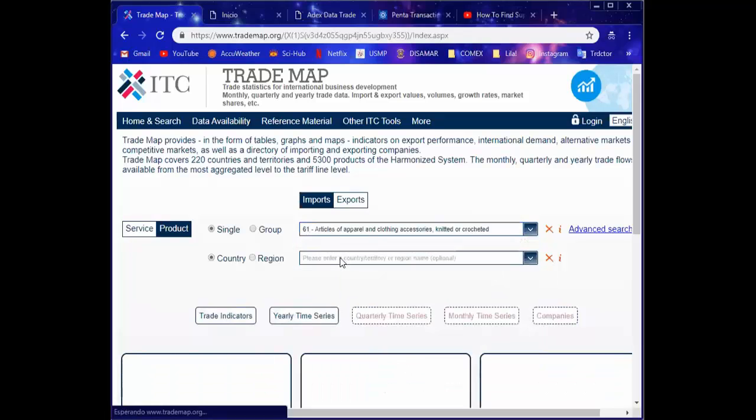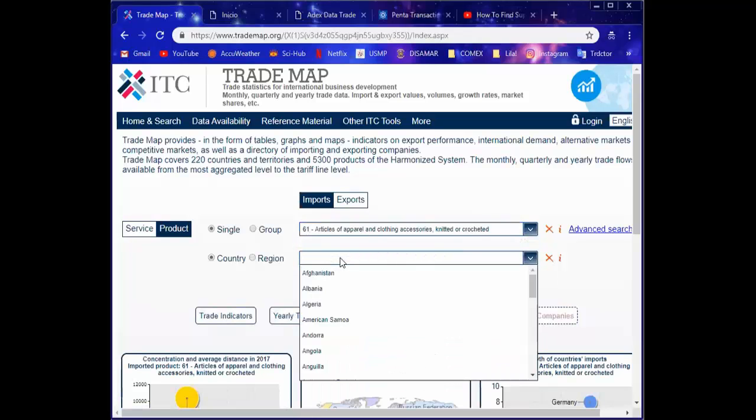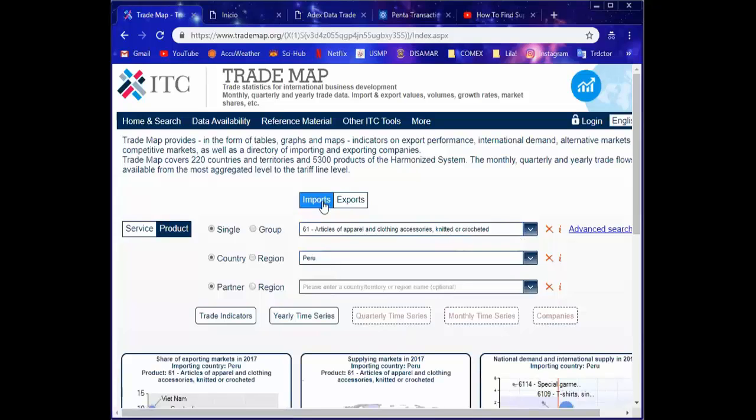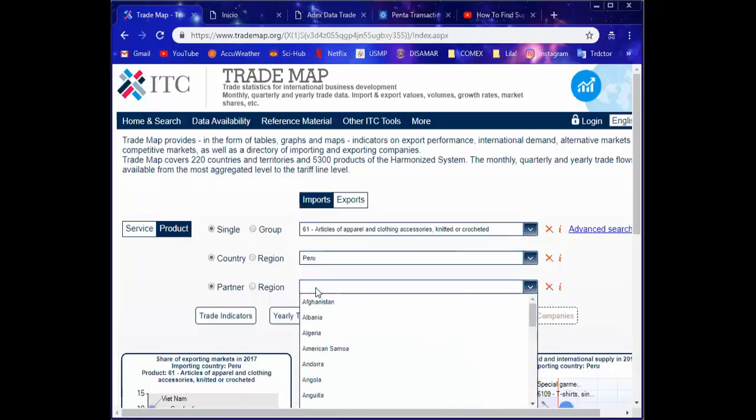We're going to click on it, and then we're going to put the country. In this case, we are going to look for Peruvian imports, of the chapter 61. We also have an extra detail we can put in here, which is our partner. Maybe we can look for China.